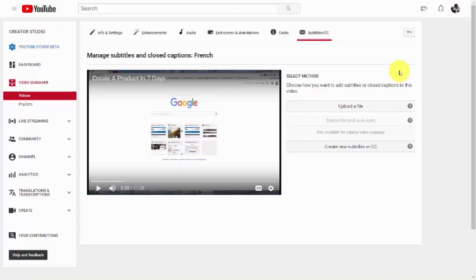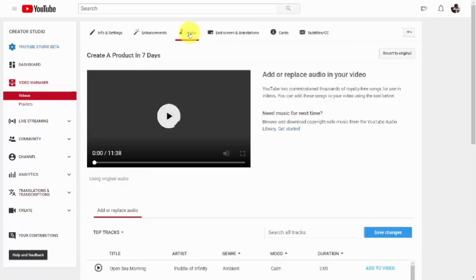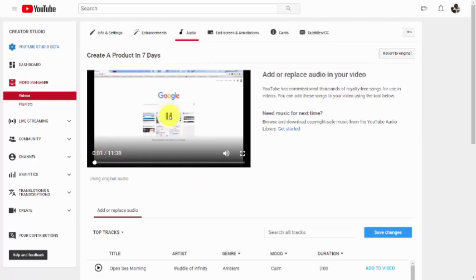Welcome back. Now, depending on what your live stream is and what you're trying to do, another part of the post-production process may be to add music. And you can do that inside of your video editing screen by going to this link that says audio. And when you do that, you're going to notice that you can add or replace audio inside of your video. Now you're not going to be able to add anything from your personal computer to your existing video,